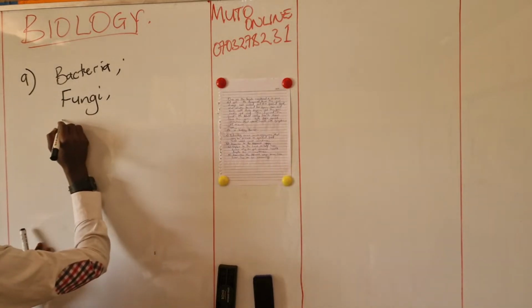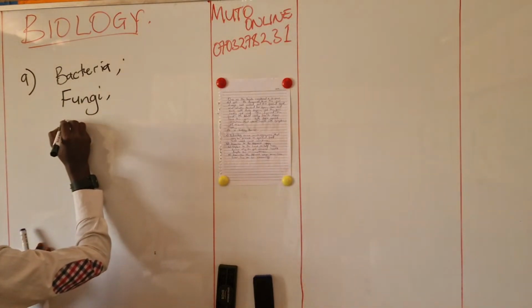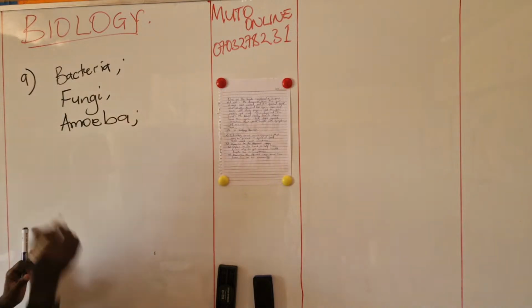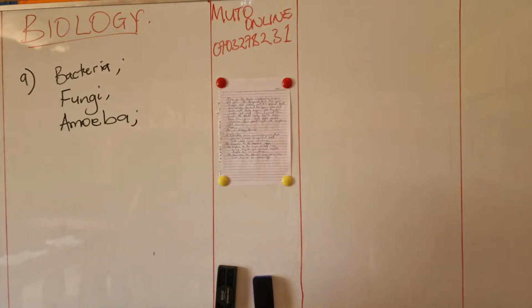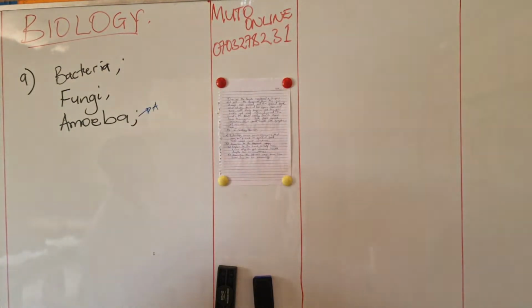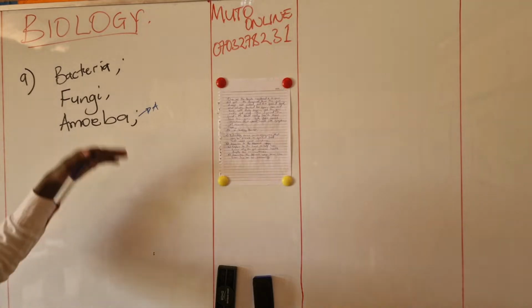We've ever heard of infections or diseases caused by the amoeba. We know the amoeba is also a microorganism. It is a unicellular organism. It is among the things that cause infections. You can think of some infections caused by the amoeba for some revision purpose. We can think of Entamoeba histolytica that causes amoebic dysentery. So we can think of more and more.